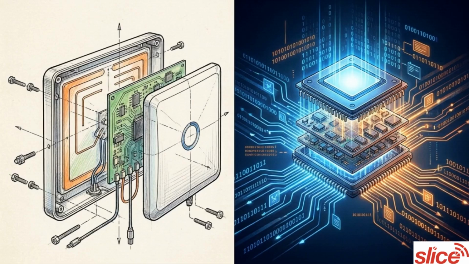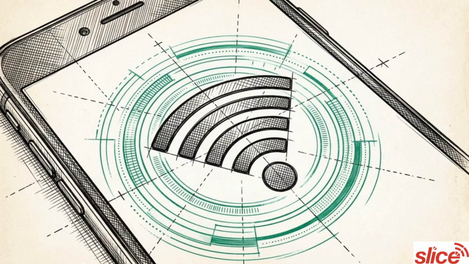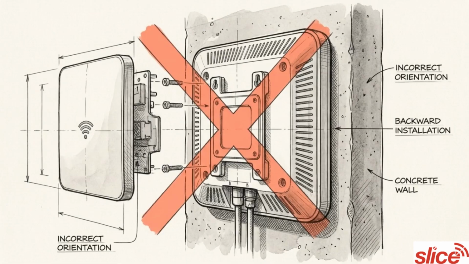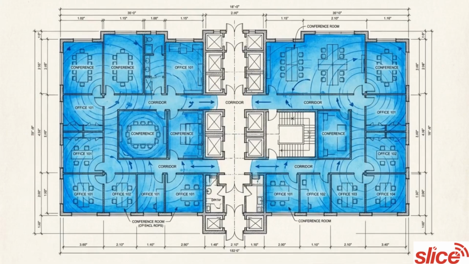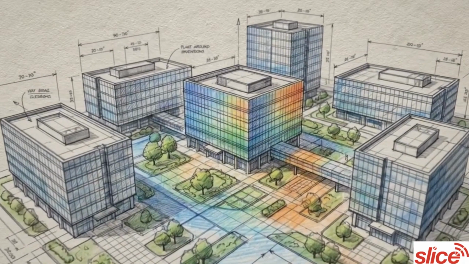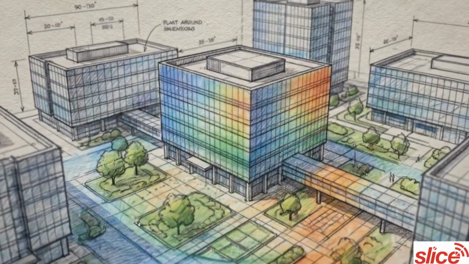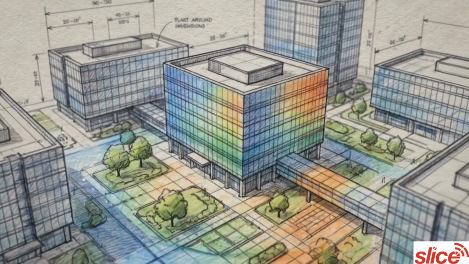This physical hardware is distinct from beamforming, which is an adaptive software capability that helps equipment optimize connections to compatible devices. Beamforming can improve link quality, but it cannot fix an access point that is mounted in the wrong location or the wrong orientation. Controlling the physical boundary of a signal provides more predictable coverage than pushing omnidirectional energy through walls and floors. Beyond single-room coverage, you face the challenge of extending the network across sprawling campuses, remote buildings, or